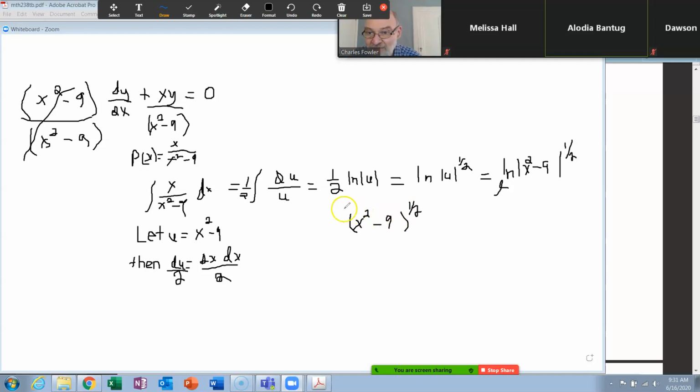So what do we do with that integrating factor? We come up here to our differential equation in standard form and multiply everything by that, okay? So it seems like we just undid that, but now we're going to go back and redo it. So let's do what we said here. This will be x squared minus 9 to the 1/2 power times your y. That's equal to,